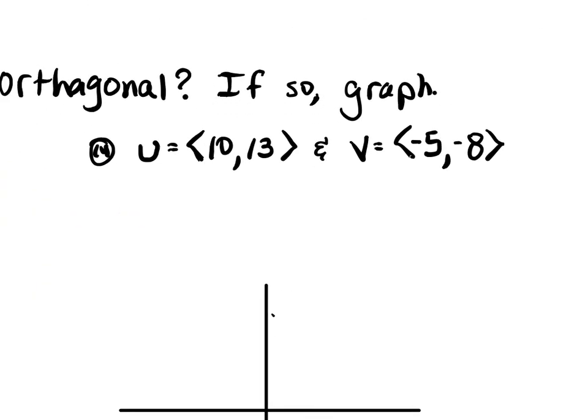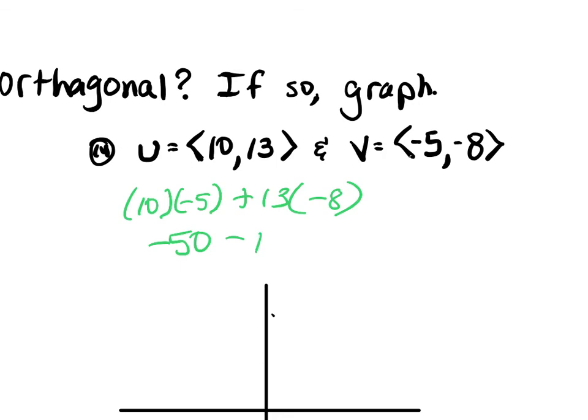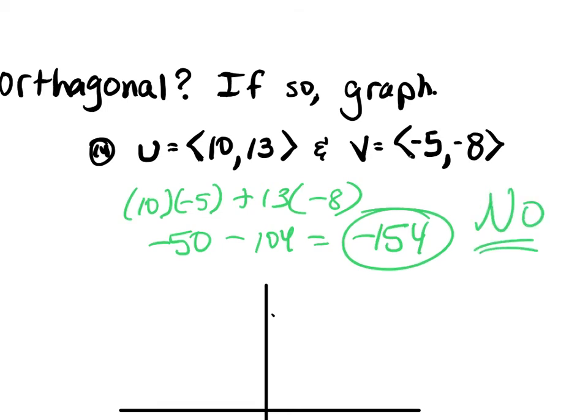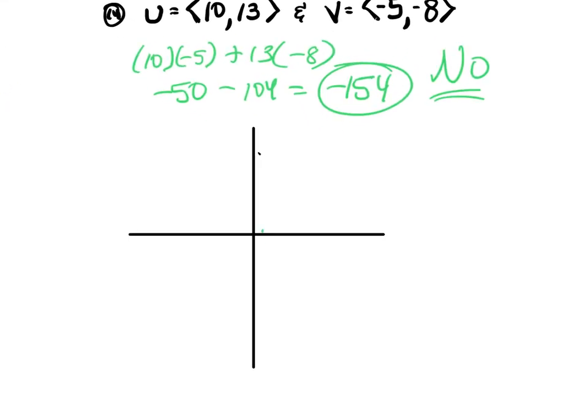So here, are these orthogonal, yes or no? Well, show me yes or no. 10 times what? -5 plus 13 times -8. What's 10 times -5? -50. Minus, what's 13 times 8? What is it? 104? So when I combine those, what's -50 and -104? -154. Algebraically, are these two orthogonal? No. If they were, what would your dot product be? 0. So graphing this,